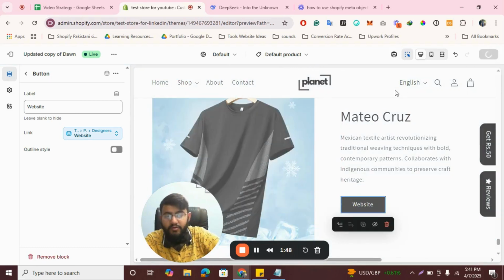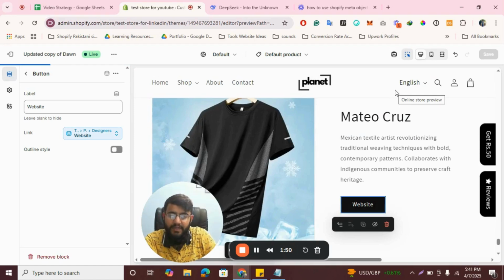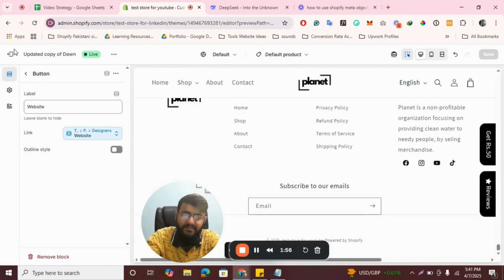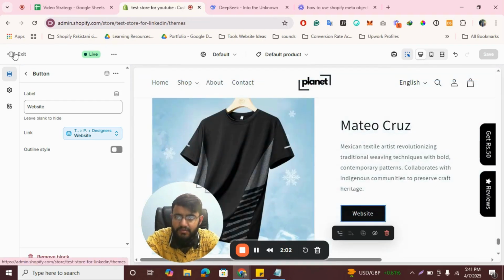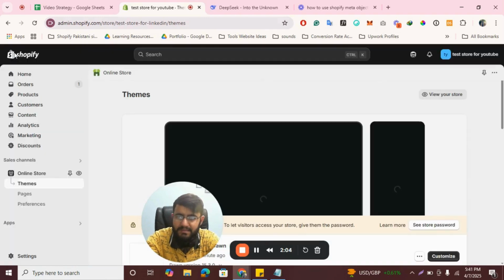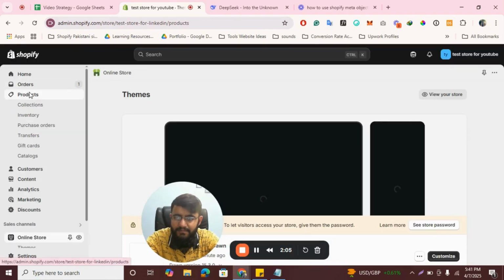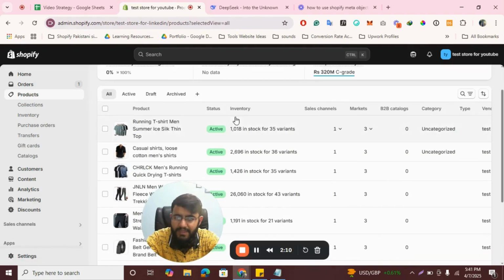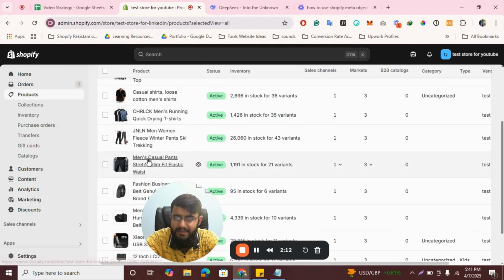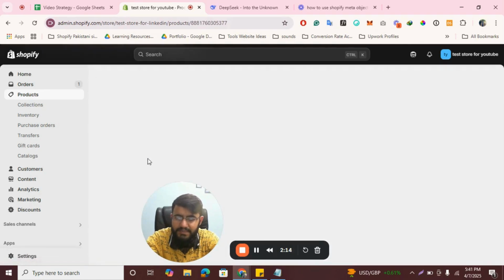If you want to use any other entry for any other product, you just have to go into that product page and then just assign the entry, and then you can refer it like this. You can just open the product page in the theme customization and you can refer it very easily. So something like this, just as a last part of the video. So I open product, and for example I want to assign the second entry. I will click on men's casual pants,